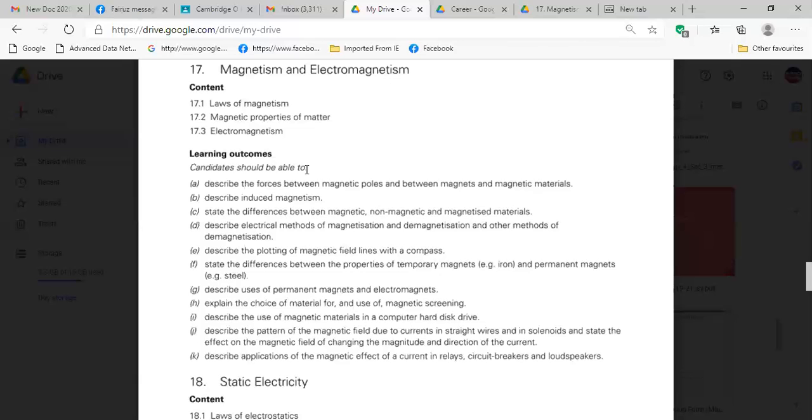Soft magnetic material, give a hyphen, and then write the definition: can be easily magnetized and demagnetized. Example: iron.